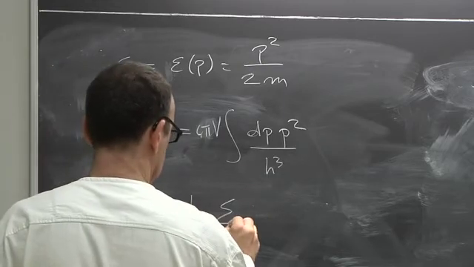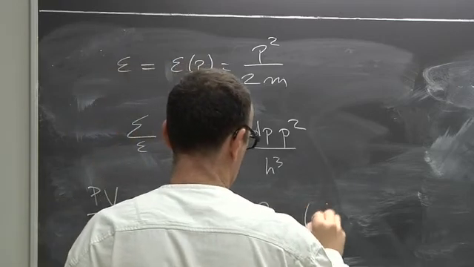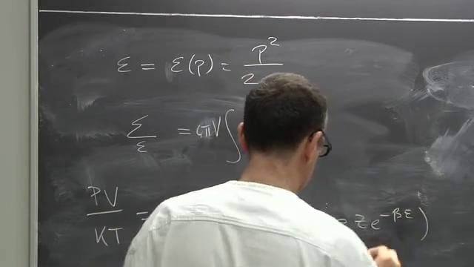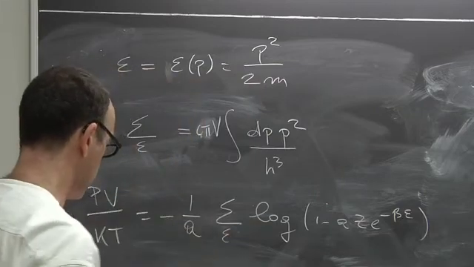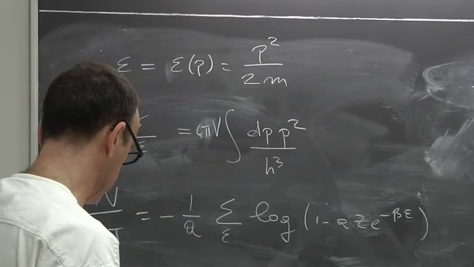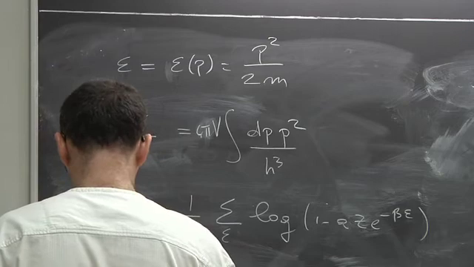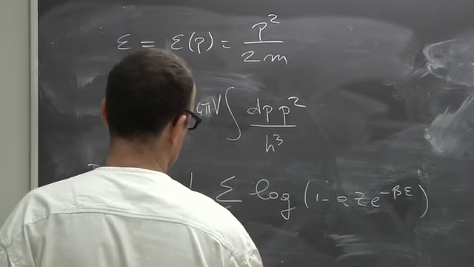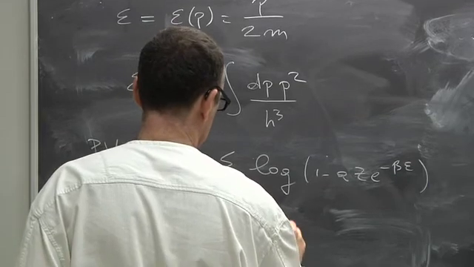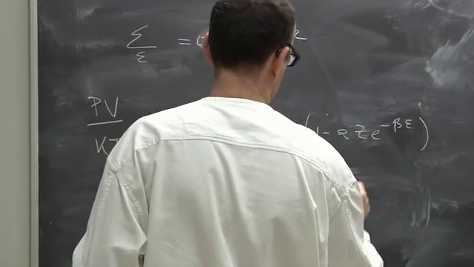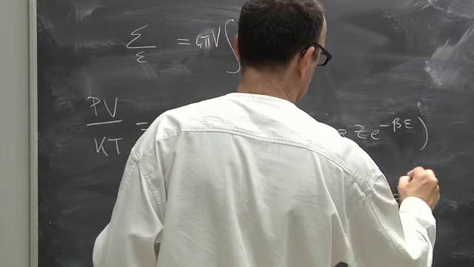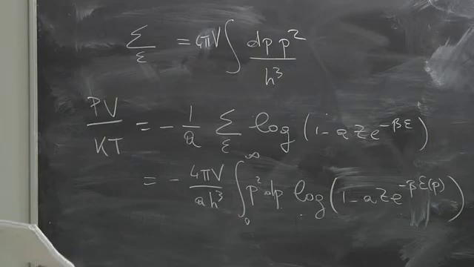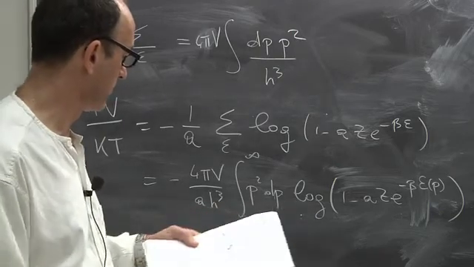And generally you have the sum over epsilon of log of 1 minus a z e to the minus beta times epsilon. Now you can turn this into an equation for an integral over momentum. And so this is minus 4 pi v over a h cube times the integral from 0 to infinity p squared dp of the log of 1 minus a z e to the minus beta epsilon of p. Very good. So it is useful now to do a little bit of manipulation of this